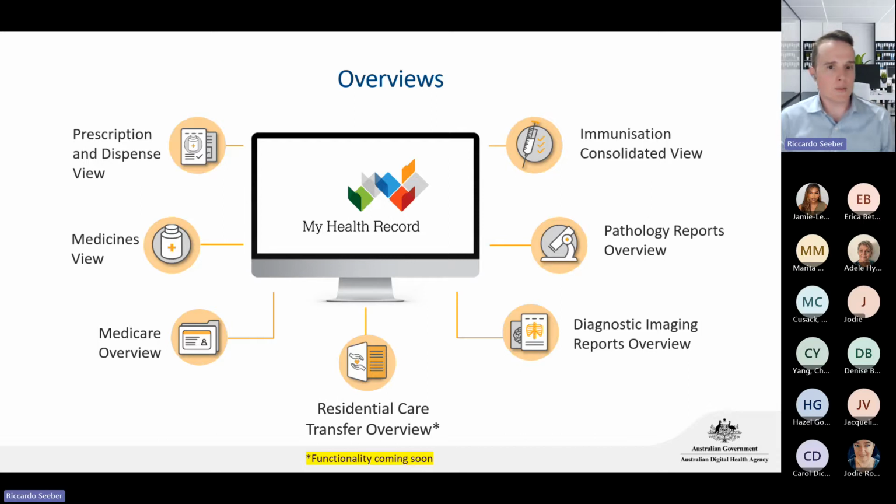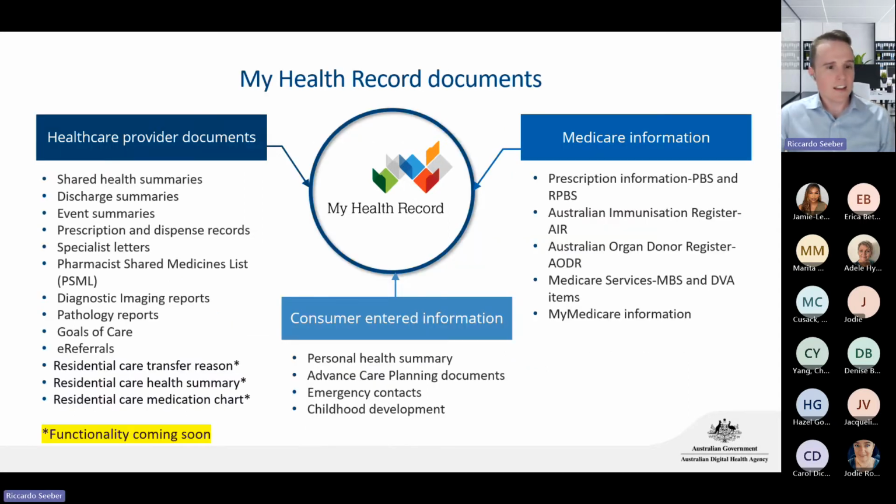The My Health Record system grants health providers access to timely information about their patient's medical history, which can include medical conditions, medications, prescriptions, dispensings, pathology, allergies, immunisations, very importantly, and other views and summaries. It's a comprehensive list of a lot that you can get from My Health Record, and in this presentation, I'll only be honing in on a few of them. You will all get a copy of this presentation if you want to dig deeper,